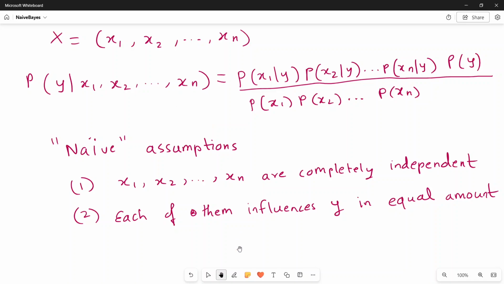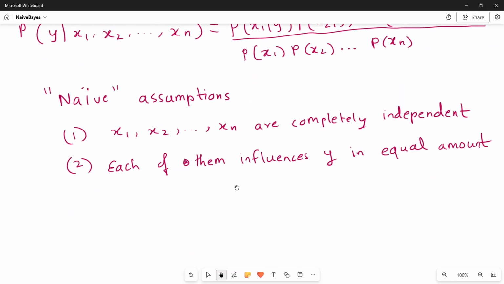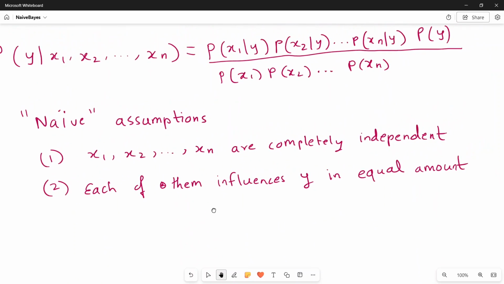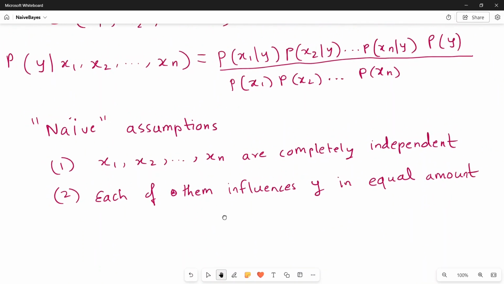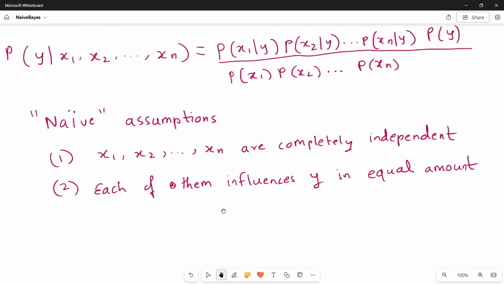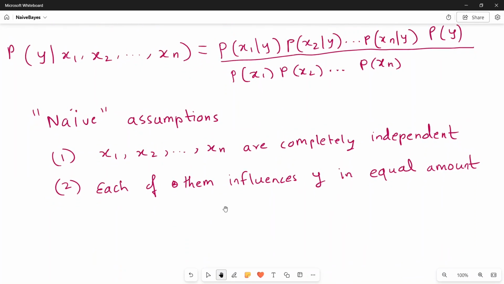So these are the naive assumptions. But we'll proceed with them because they make our calculation simple and we are not quite off from the actual result. Even if you take into account the dependence among the features and one feature affecting the outcome more, our calculation will become complicated, but the end result is not much different. So as long as that is true, we can use this